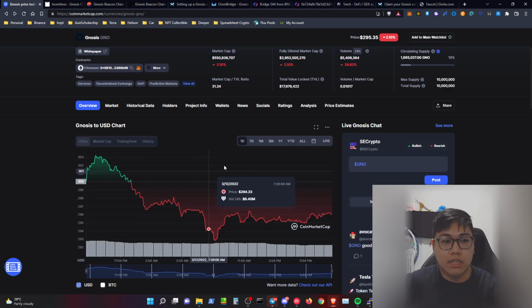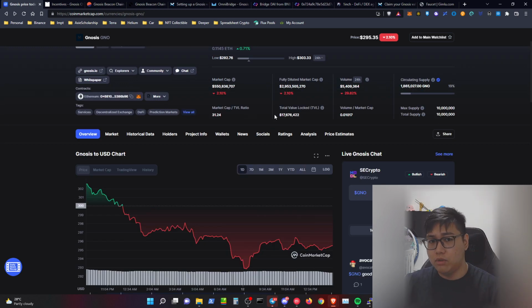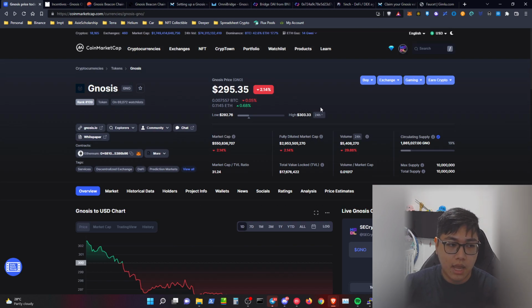Gnosis itself is a token, and for those who are more interested in earning money, they are offering a staking program slash validator program, which requires you to run a device 24/7. And of course, without Avado itself, you will need additional technical knowledge to install the devices. But right now, we're going to talk about what this Gnosis validator is all about.